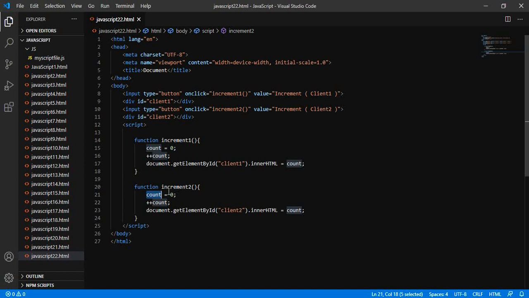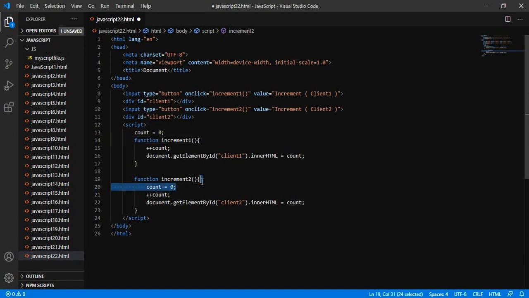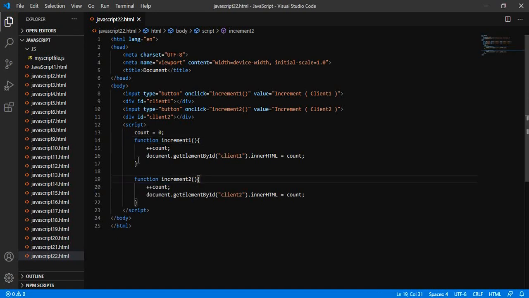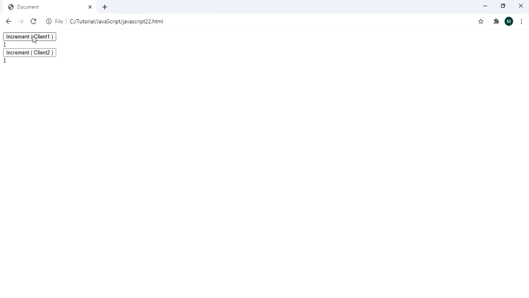I want this count to be outside of the function and should work as a separate count for these two calling methods, whatever its name. Right now it is increment 1, it is increment 2, but I want to access this variable as a separate variable for both of these clients, so that when we click on client 1 increment, it should increment the client 1 value.